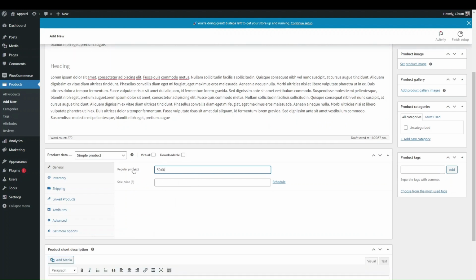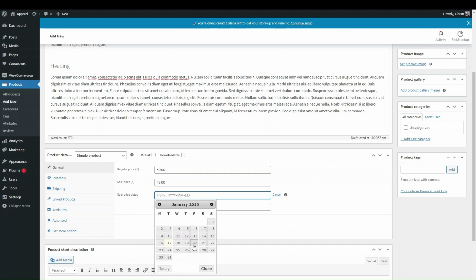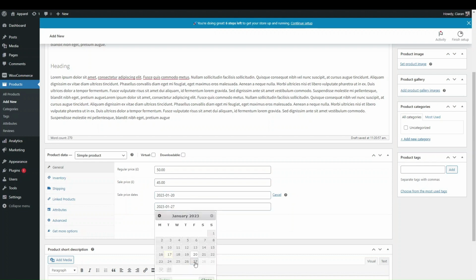And you can see there's two fields, one for regular price and one for sale price. This is pretty useful if you wanted to add a sale to some of your items, and what you can also do is schedule that sale. So what that means is, if you know that this item is going to go on sale between the 20th and the 27th, then instead of reminding yourself and making sure that you put it on sale manually on the 20th and then